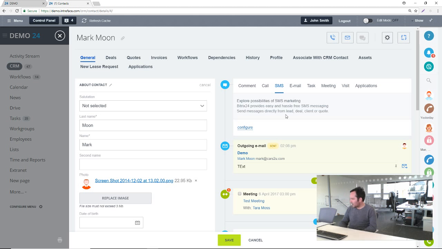Is there any update that will allow us to receive the SMS messages back into Bitrix? I've not actually seen it come back into Bitrix. I think it is actually just one-way at the moment. I would need to check with that. I would need to check with the provider as well, because obviously